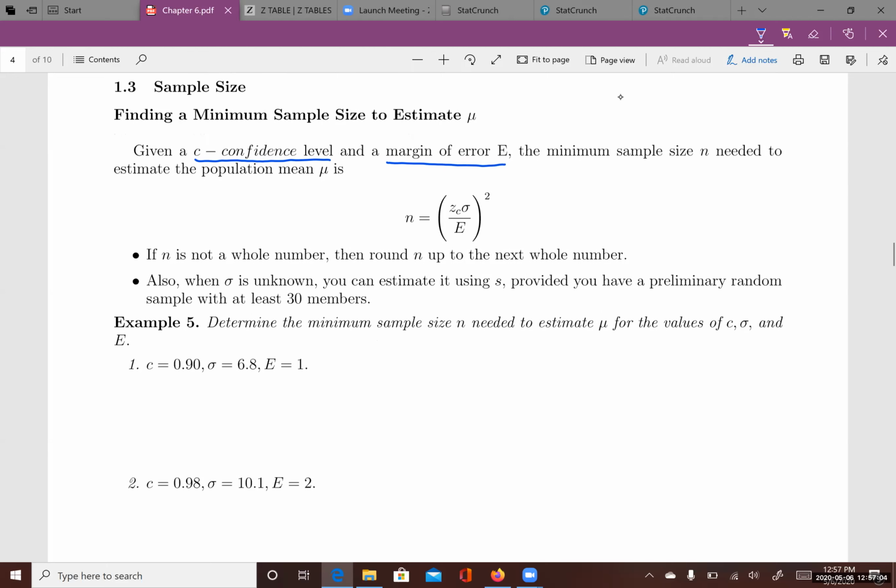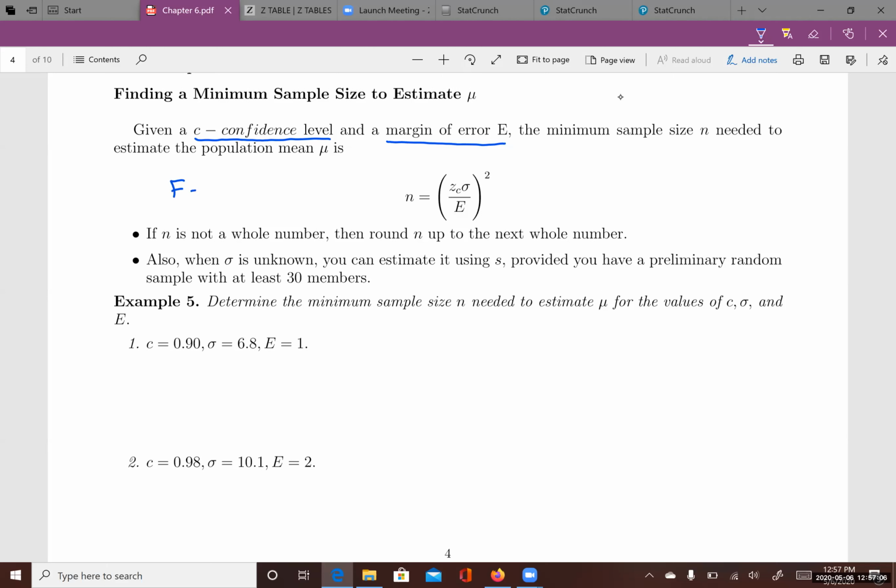Okay. And then using the formula from earlier, when E equals ZC sigma divided by square root of N, you can solve for N to be equal to ZC times sigma divided by E, all squared. So you can solve for N, right? And once you know the confidence level, once you know your desired margin of error, once you know the population standard deviation, then you can estimate the sample size for achieving that margin of error with a given confidence level. Okay.